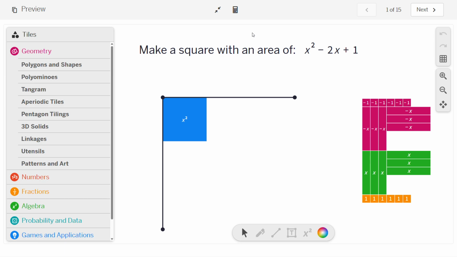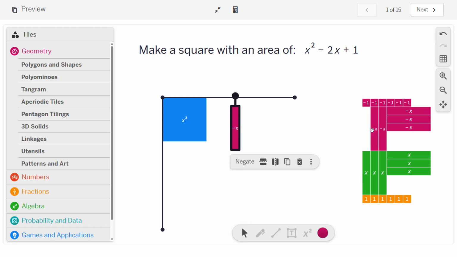All right, so in this video, we are going to start off reviewing the concept of area models and making a square or a rectangle. Specifically, the objective of this lesson is to make a square shape and not a rectangle if you're doing it correctly. So, looking at this polynomial expression, I have one x squared tile, I have two